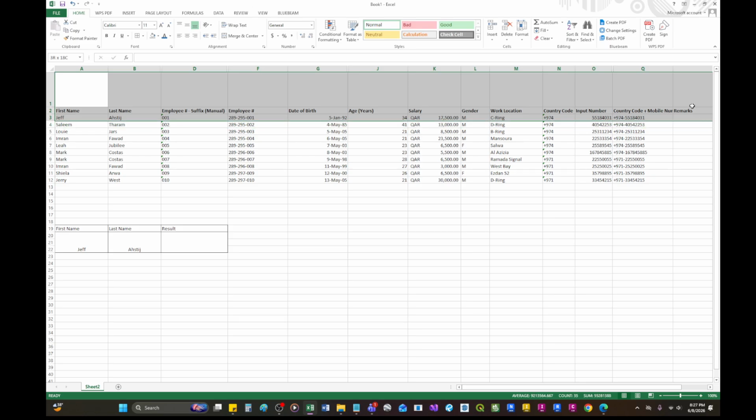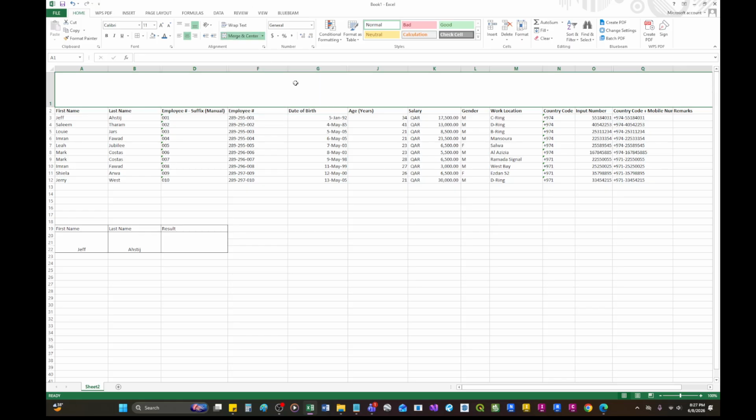So maybe this one, just highlight everything, merge it, and let's say we will name it employee database. And then put this one in the middle vertically also, because it's only in the middle horizontally.